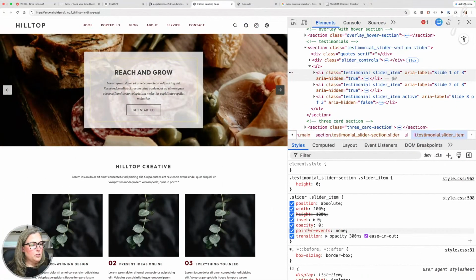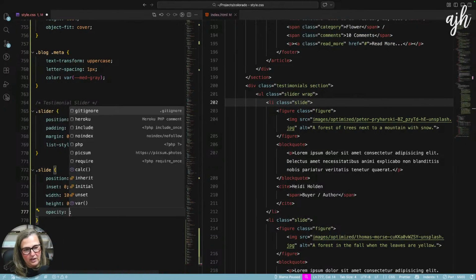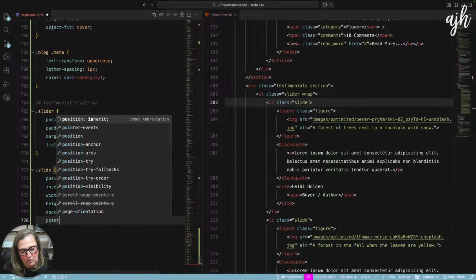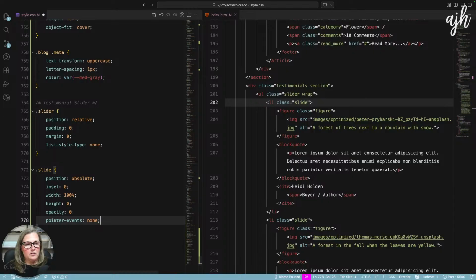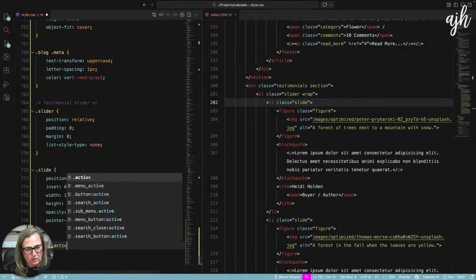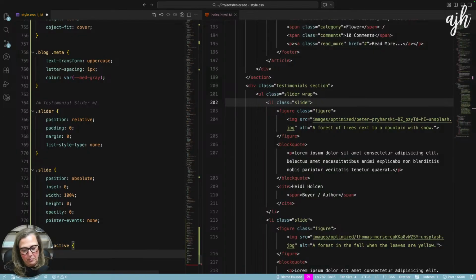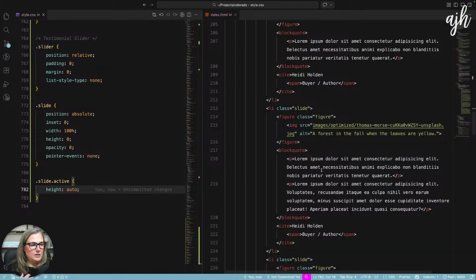And then we want to make sure that we have opacity 0, pointer events none. That's for the ones that are hidden. We'll worry about the transition later, which would mean then for the slide that's active, it would be height auto.